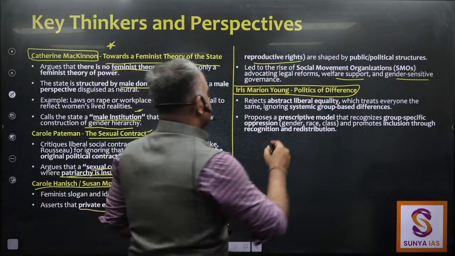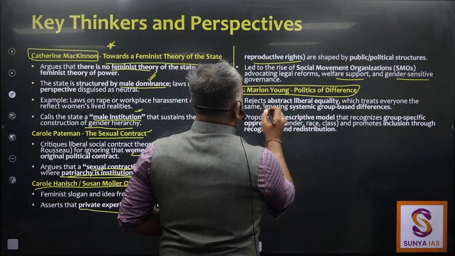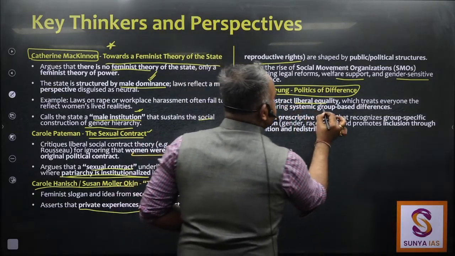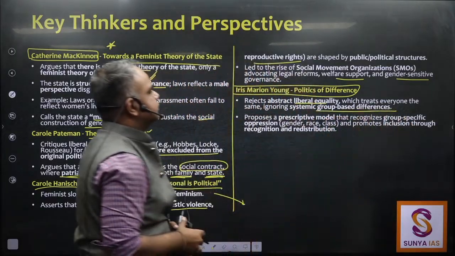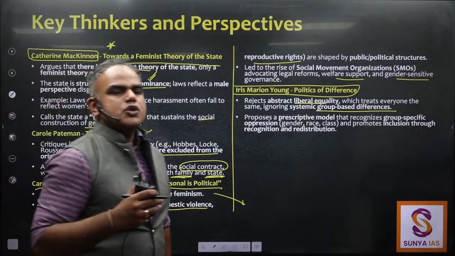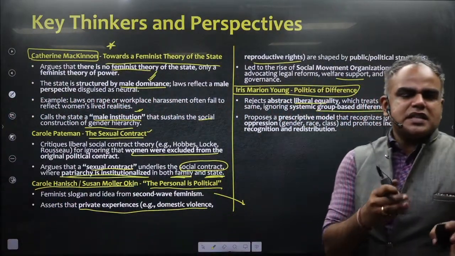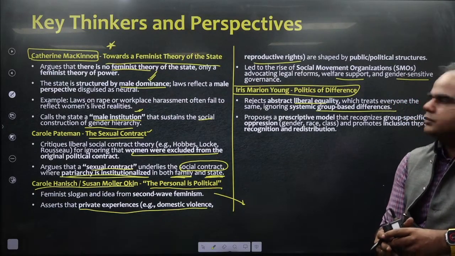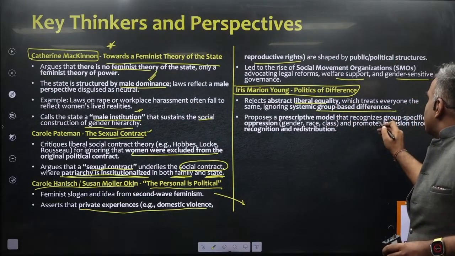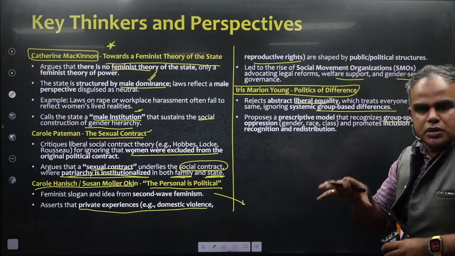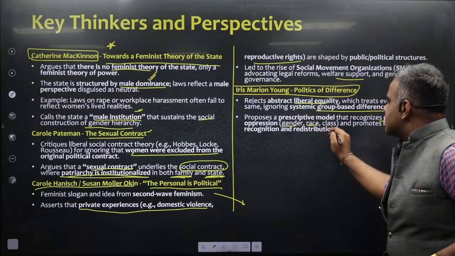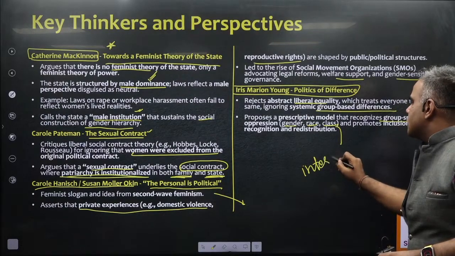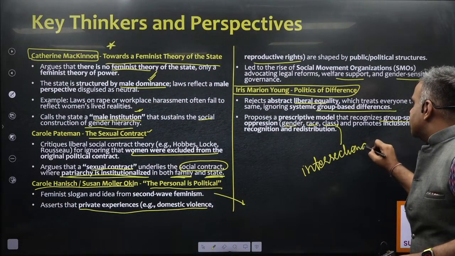And here simple है, यहाँ पे what they will talk about, the normal liberal equality does not include group based differences. Everybody is same. Okay, so in traditional sense, if I say man and a woman is same, but the lived experience for both are very different. Okay, what they simply say, you have to recognize different groups, can be gender based, race based, class based. The moment you use these terms, remember a keyword I've told you, intersectionality.